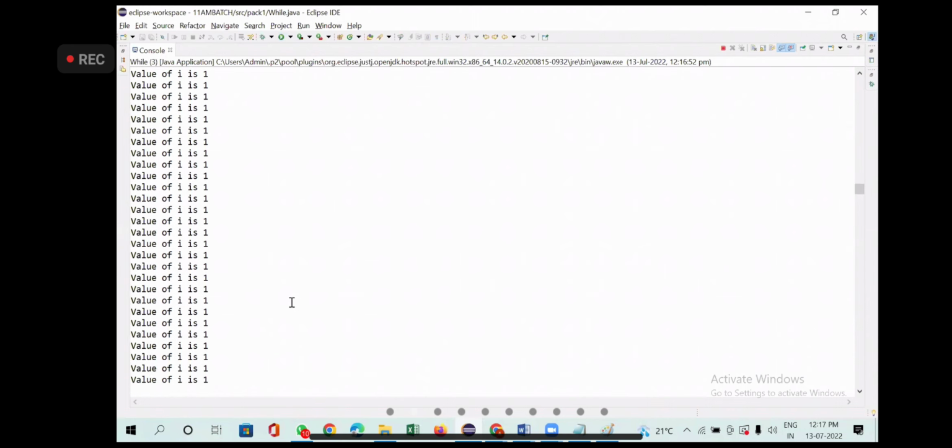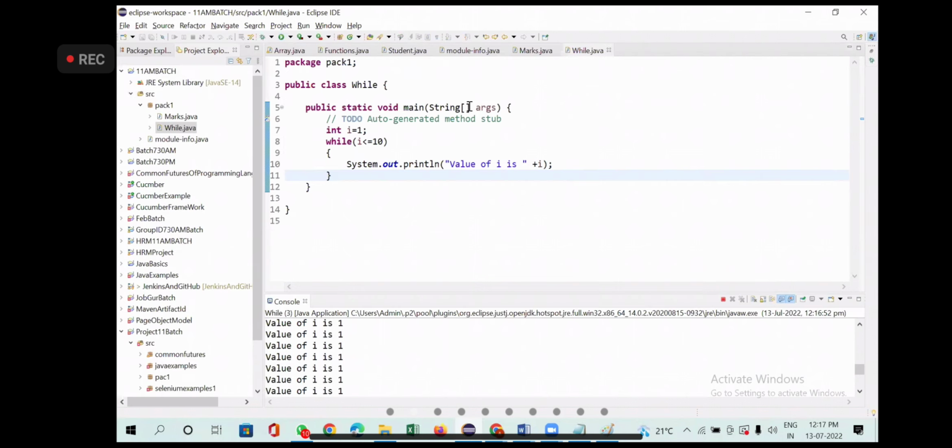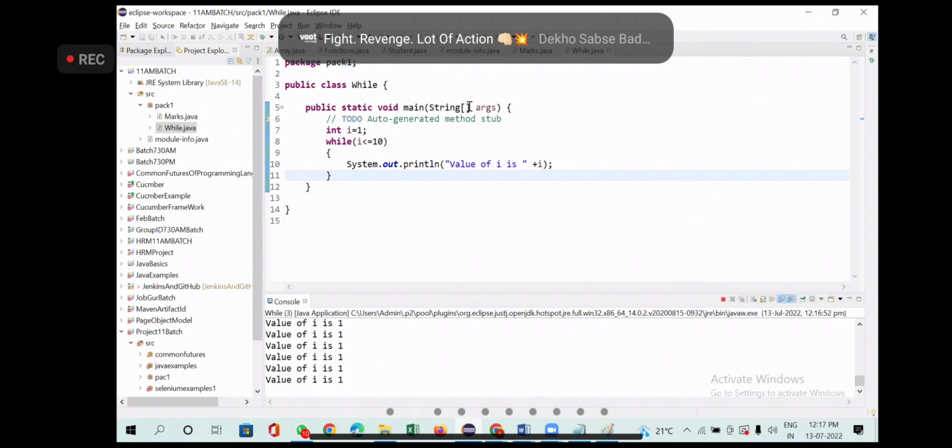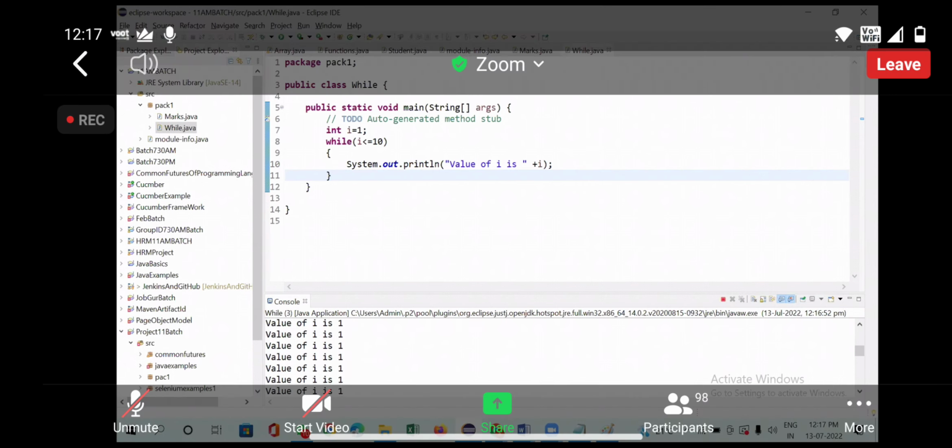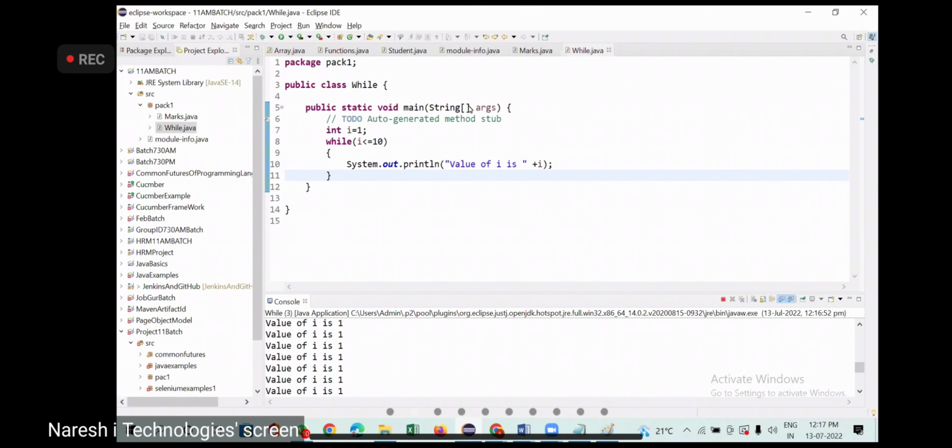How to come out of it? In the bottom, you have one red button. This one. By mistake, when I was learning, I wrote something like this. I was really afraid, is it going to crack my system or what? It is not stopping. I did not understand anything. Directly, I went and closed Eclipse itself. That was the only option. Later, I realized what this red button is. You see, it will show as terminate. If you want to terminate your program in